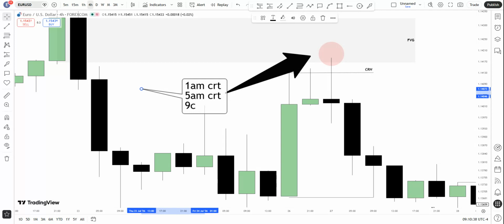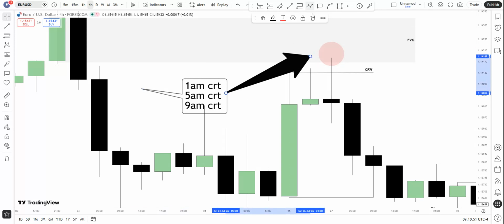This CRT always occurs during London Open, and also during New York Open. So these are the three times we look at the market to see if we are going to take a